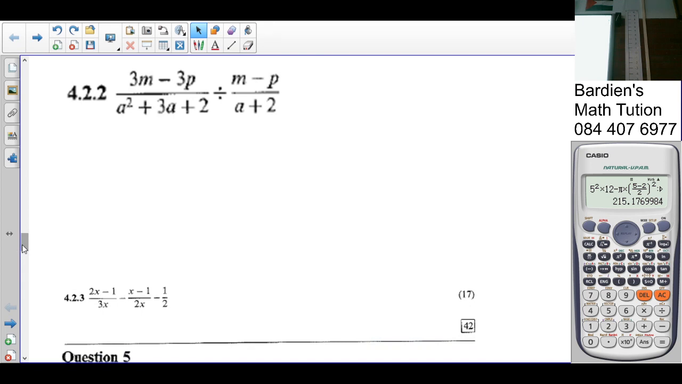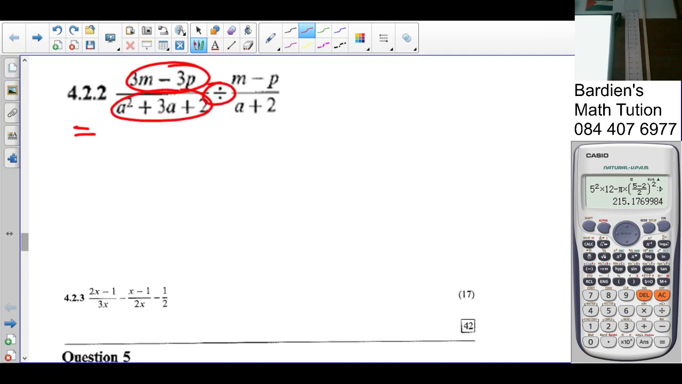So what needs to be done here? Factorize 3, yes, in the first. Common factor, trinomial, change to multiplication, tumble and times. Not so many things happening at once. Okay? So 3 is the common factor. What are we left with? M minus P over